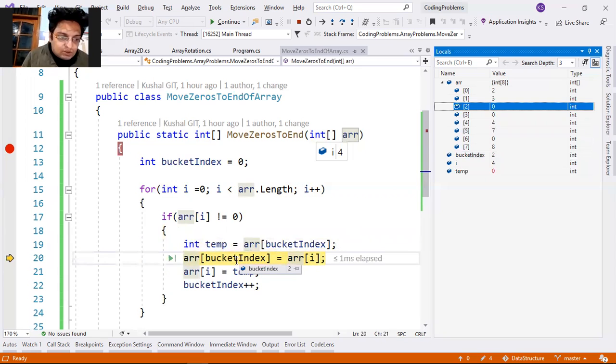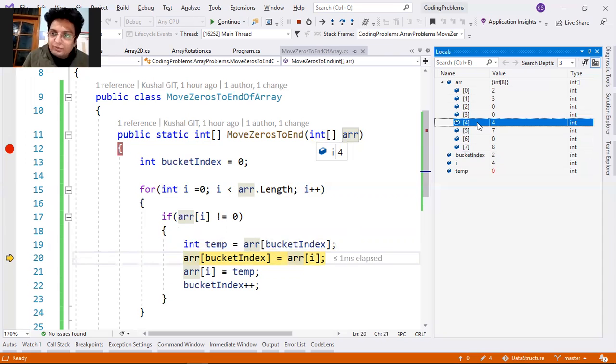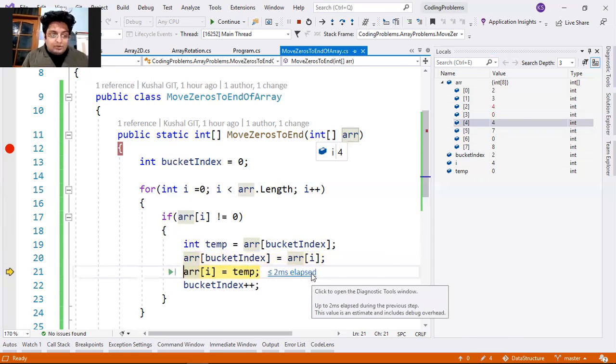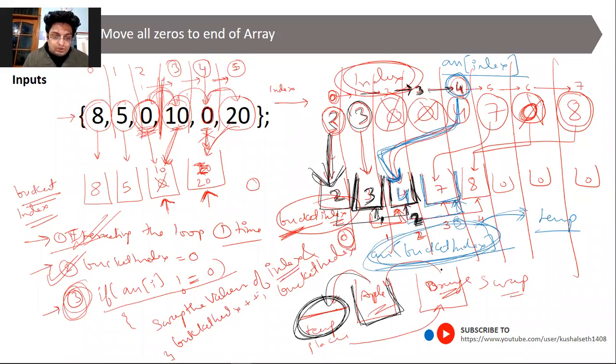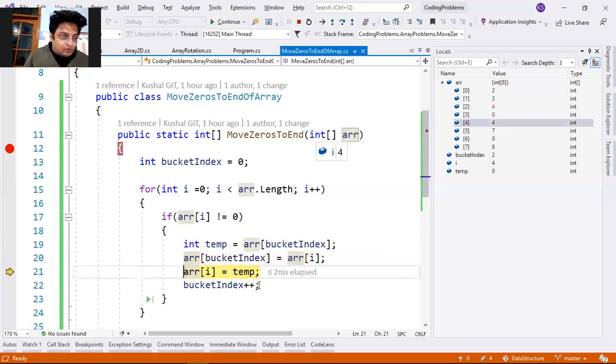At bucket index 2, I will put my value of I, which is 4. Means at index 4 we have a 4 value, that is a coincidence, but what we are doing is putting this value at this bucket. So now we put our oranges here, and line 21 will again put at the place I. My I is 4.